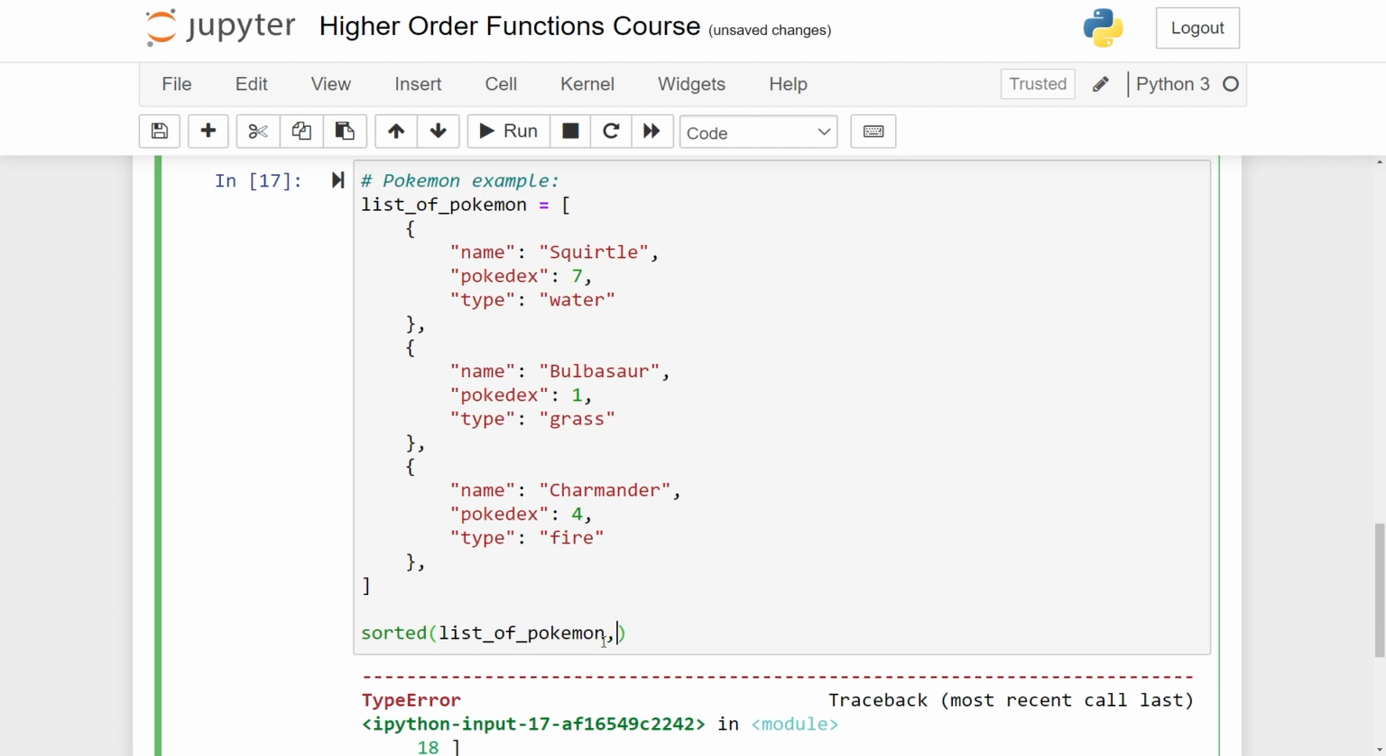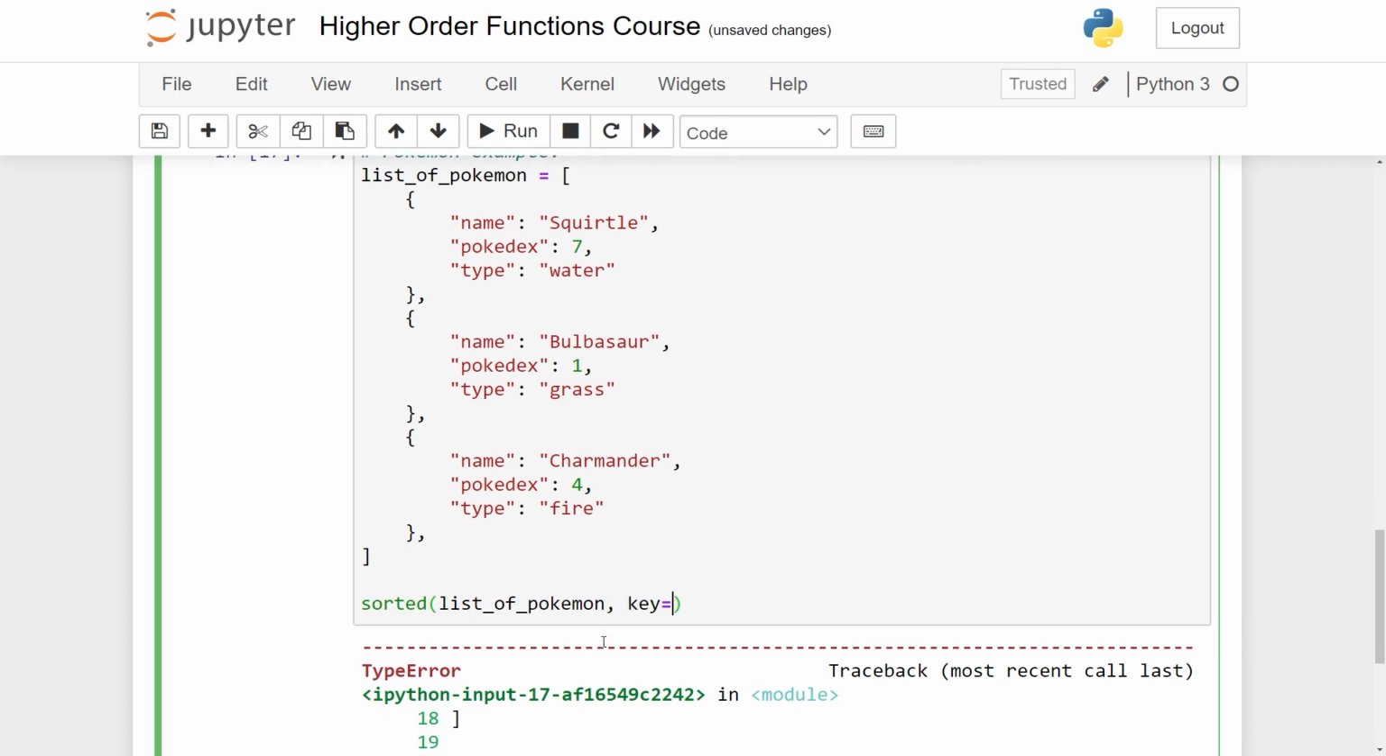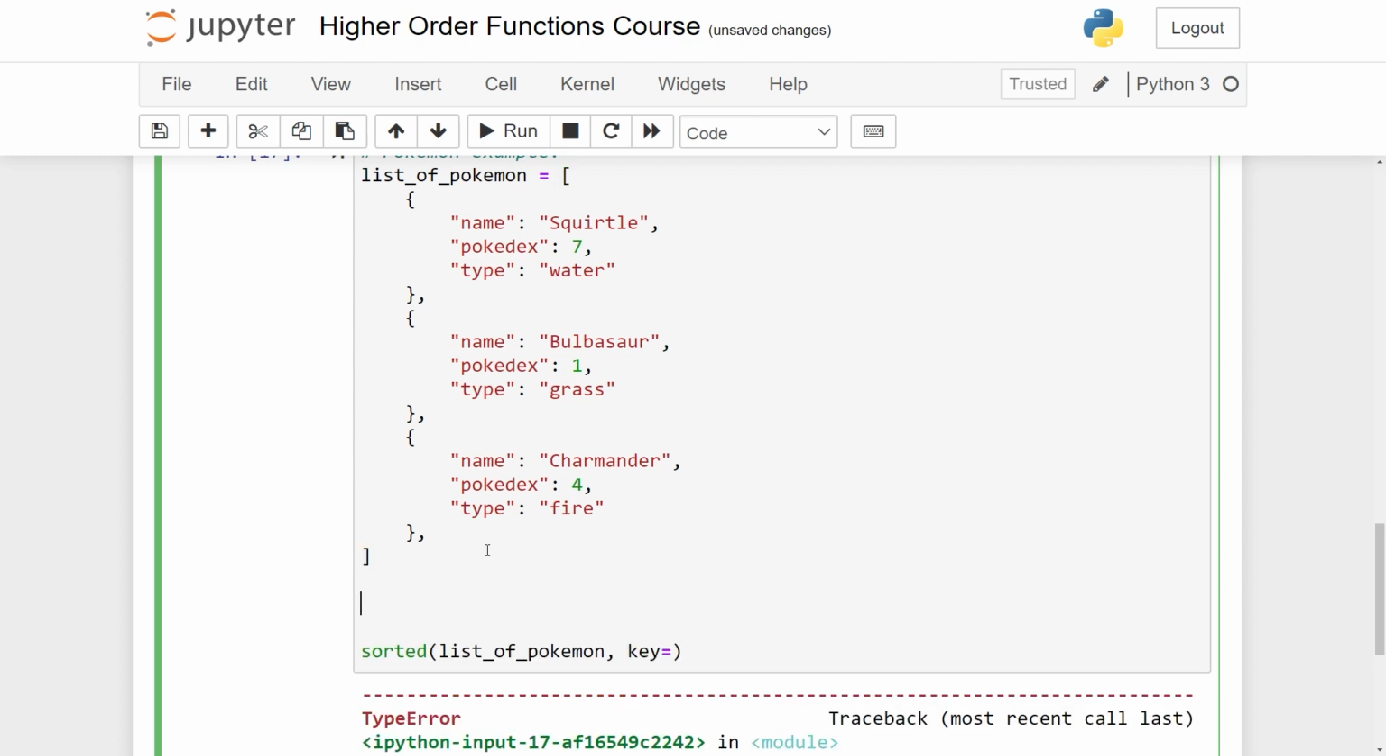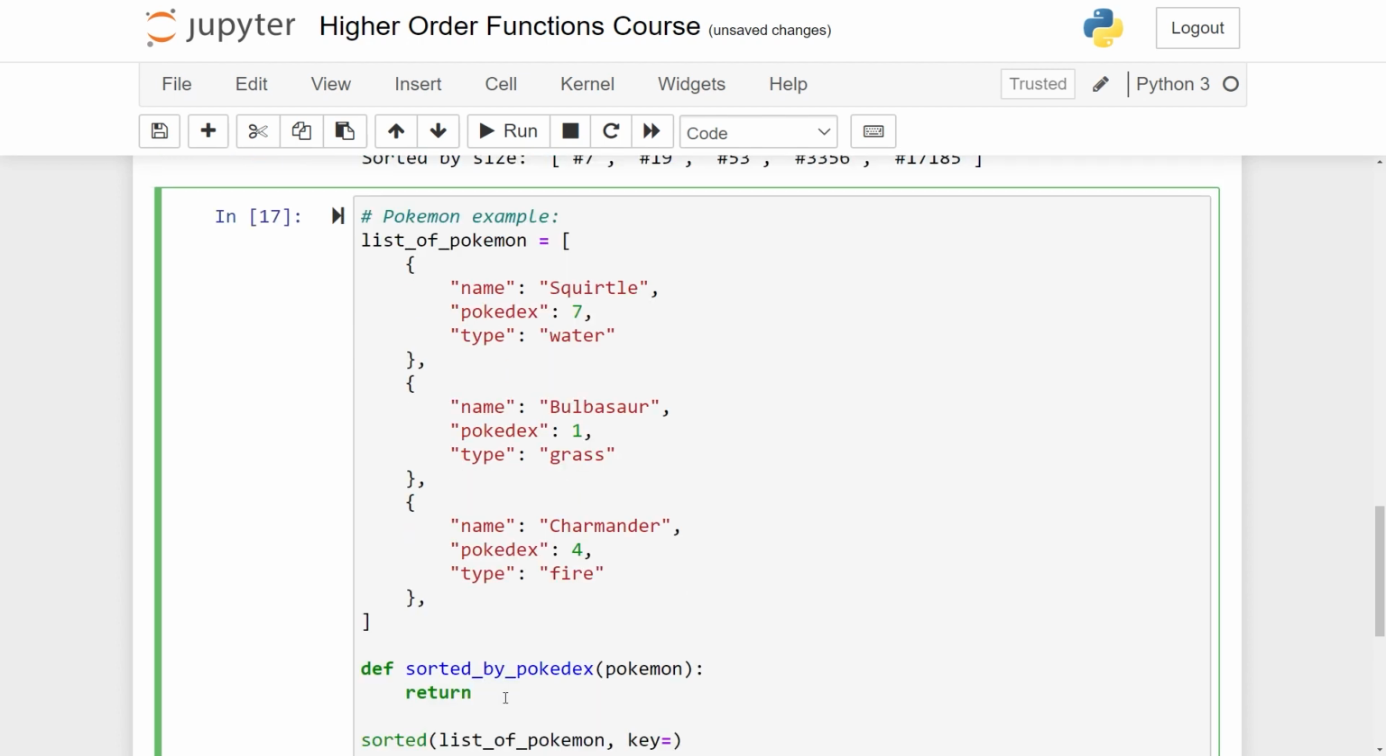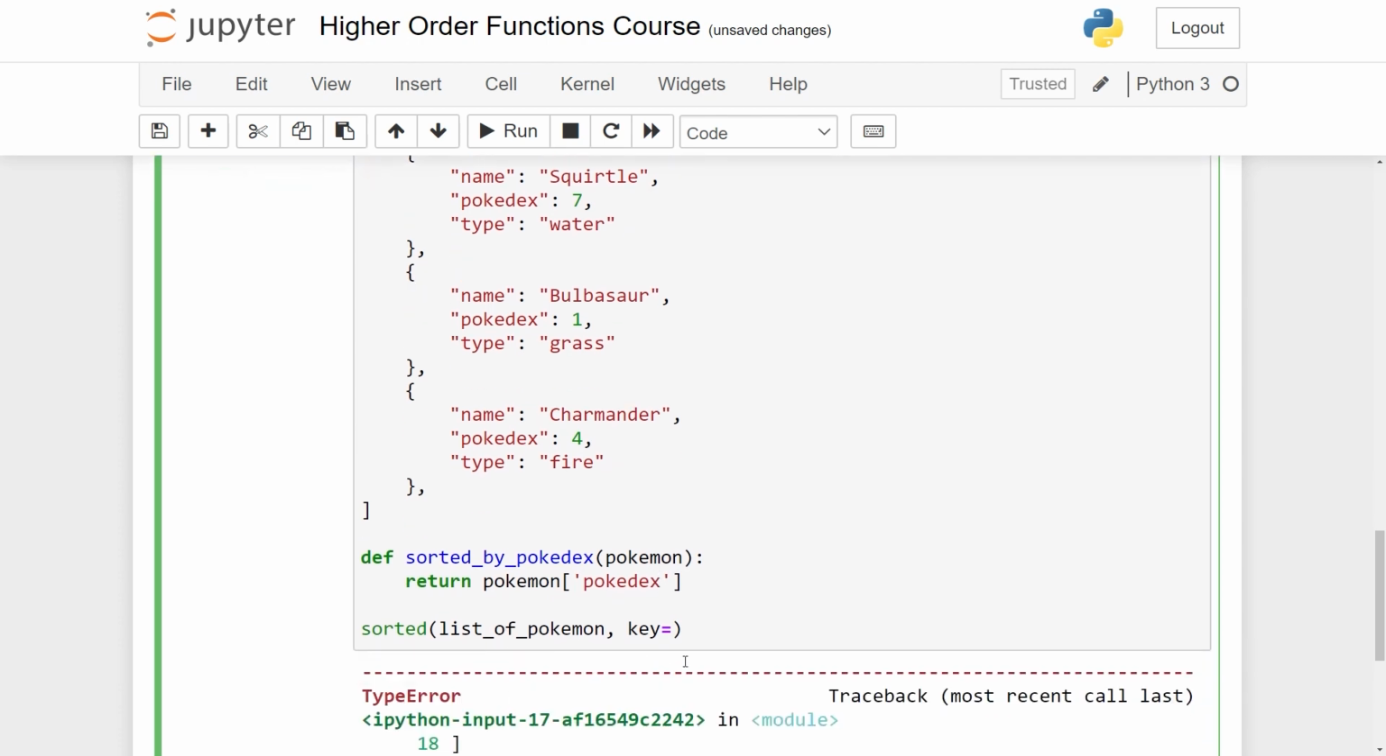I need to pass in a function as a key argument here, but there is no pre-made function for this. So I simply have to make my own function to do this. Let's call it sorted_by_pokedex. This should take in one Pokemon. What should it return? It should return the thing I want to compare between them. So that is the Pokemon's Pokédex. Like this. And this is all there is to it. Let's just pass this to sorted_by_